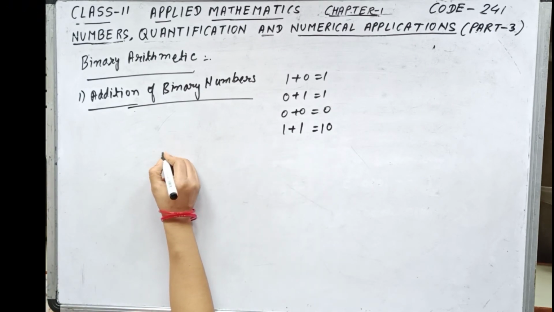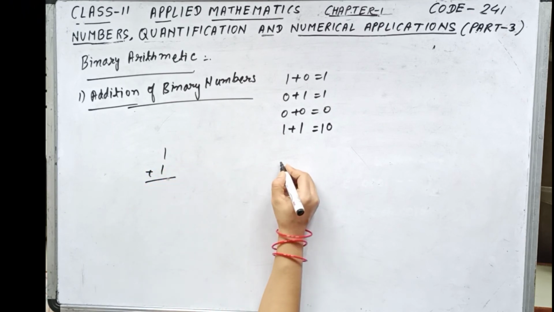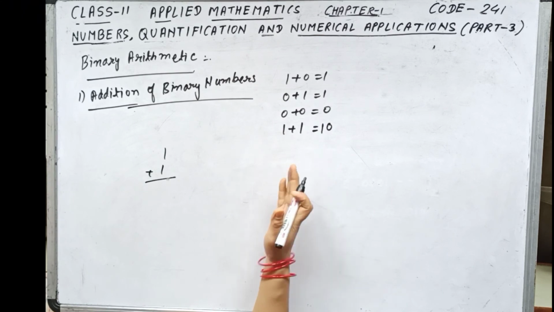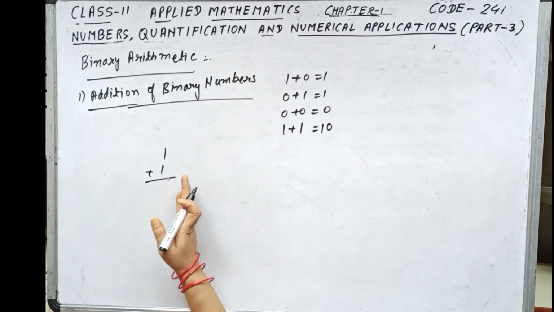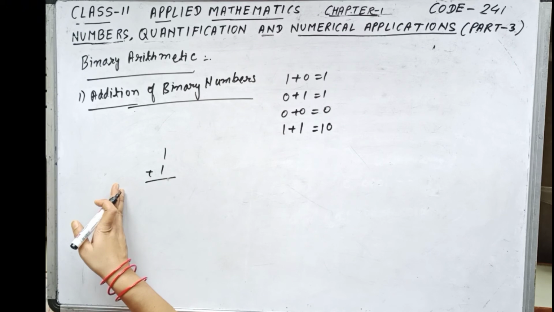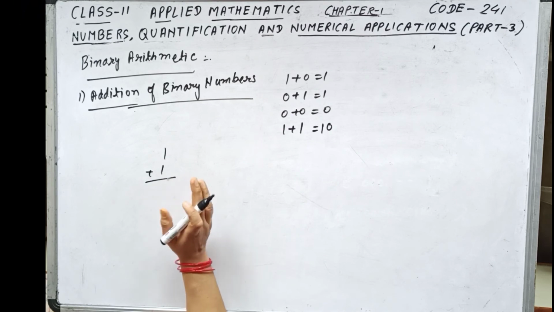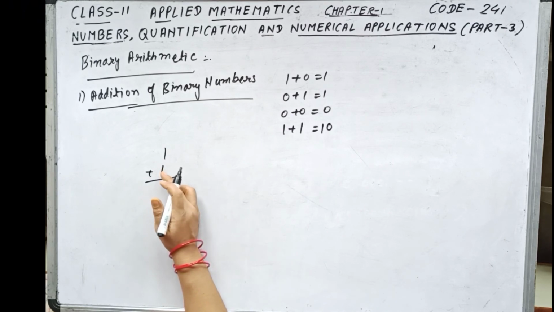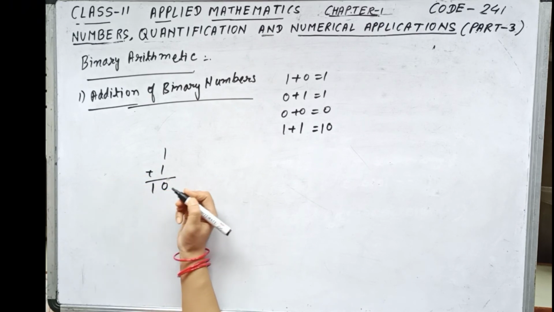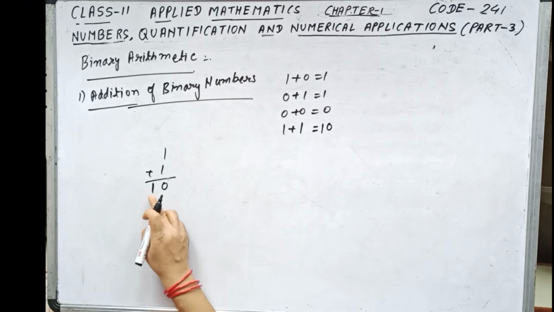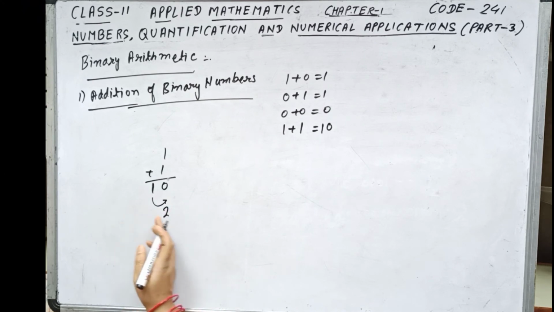Let us understand it in the form of columns also. 1 plus 1 over here, whenever it was coming 10 or more than 10 in the decimal system, we were shifting 1 to the second column. Similarly over here, whenever the sum is coming 2, we will be shifting that value as 1 to the second column. So 1 plus 1 is 2, so we cannot write 2, because we have to use the digits 0 and 1 only. So whenever it is coming 2, I'll be writing 0, but this 1 I'll be shifting to the second column. So the value is 10. Actually if I write this 1 here, its value is 2, but when it is shifted to the second column, it becomes 1.